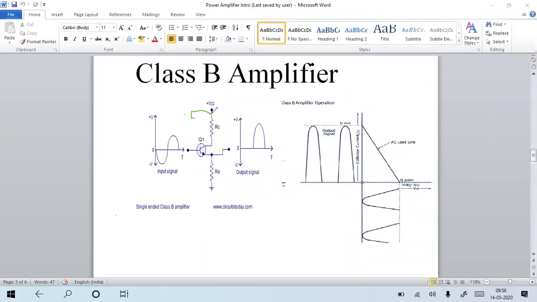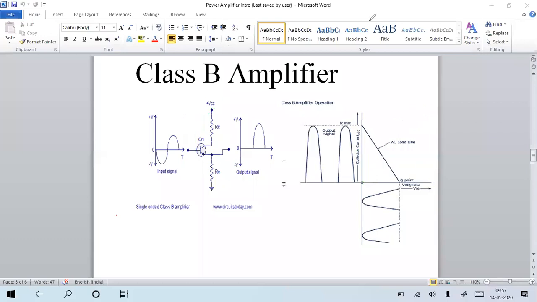So you are applying the base resistance RB and providing sufficient VCC, such that the transistor already gets the bias base current and maintains the on state. Maintaining the on state means the transistor is in the active mode. That means we keep the current at the center of the area, so your IC has to be exactly at the mid area of the active mode, like we set in the class A amplifier.